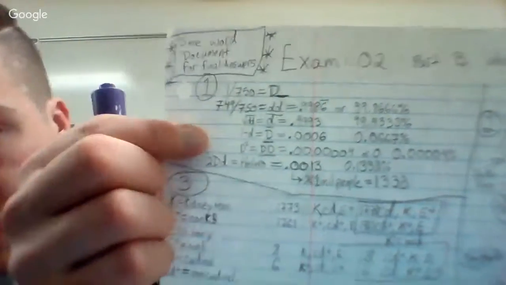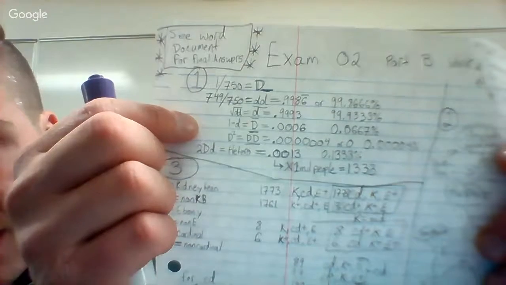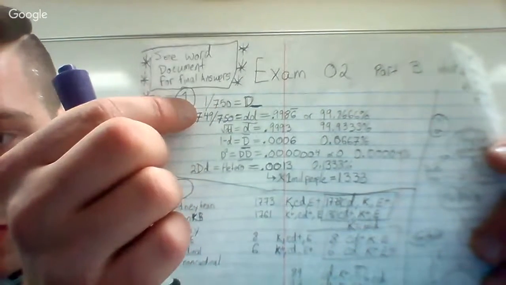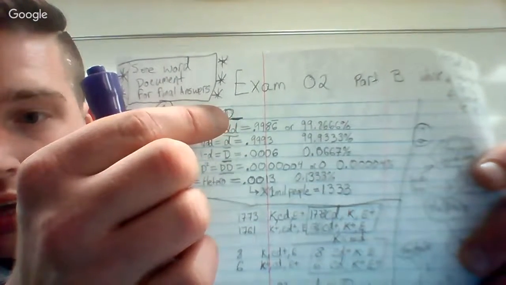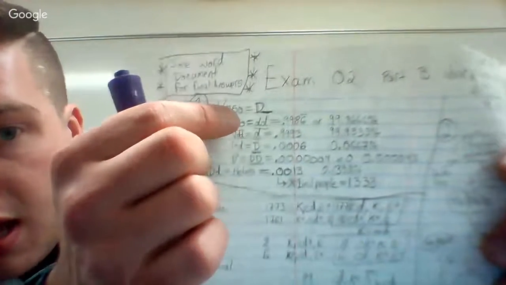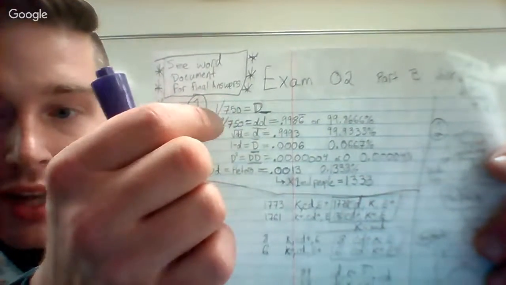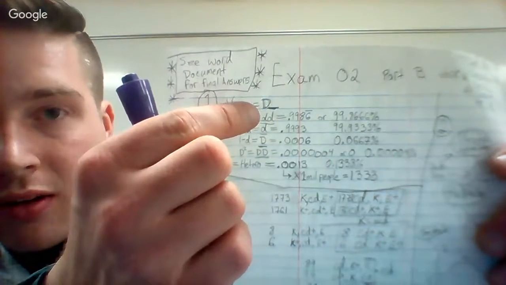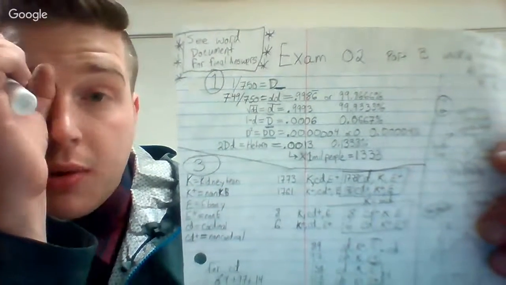And so I'll show you some of the work that I did on my paper here. Hopefully you guys can see it all right. This is my work for question 1. Something that we know right offhand is the disease affects 1 in 750 individuals. So I wrote that here, 1 in every 750, and that's shown by big D, and then it can be something else. It can be big D and big D, or big D and something else. And so if we know that, then already we know the autosomal recessive,